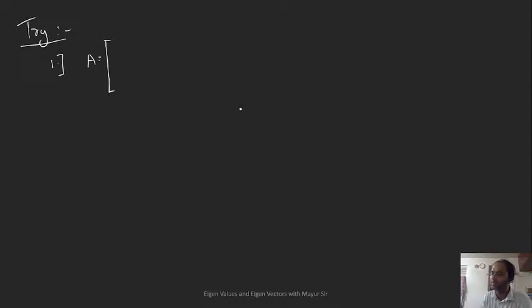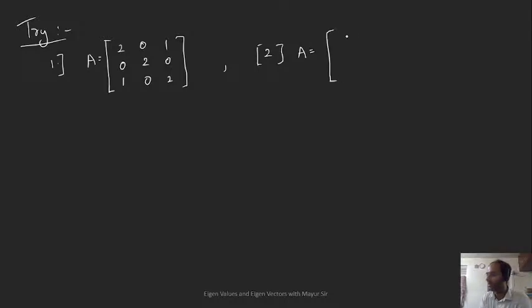This sounds good: 2 0 1, 0 2 0, 1 0 2. This looks like a good question. You can even try the second one: minus 2 2 minus 3, 2 1 minus 6, minus 1 minus 2 0. You can try this. Third, you can try